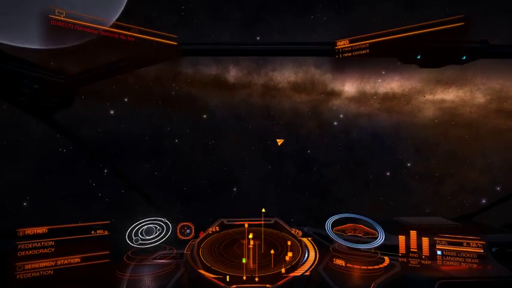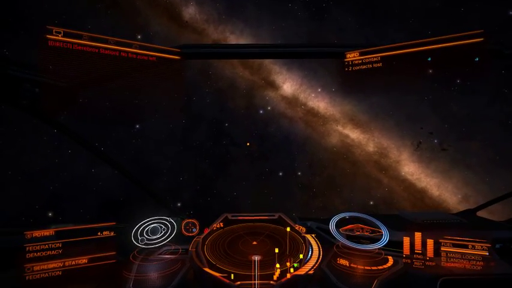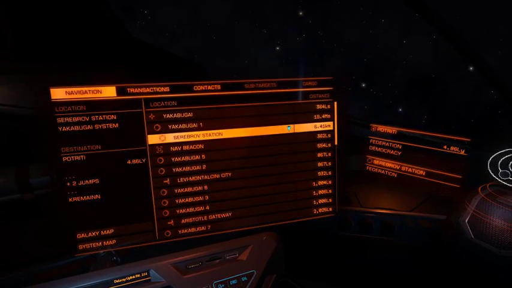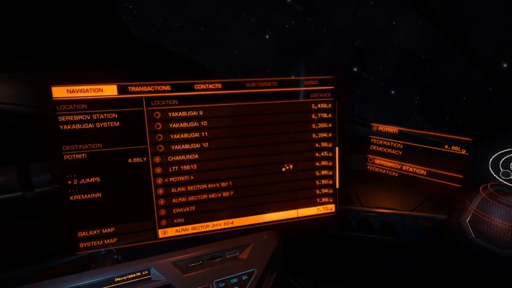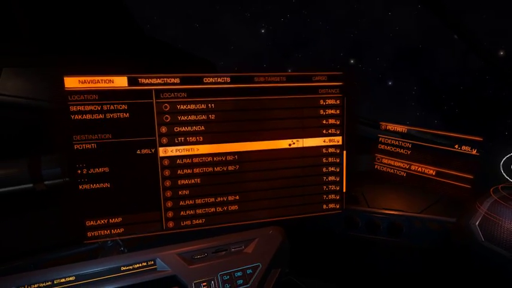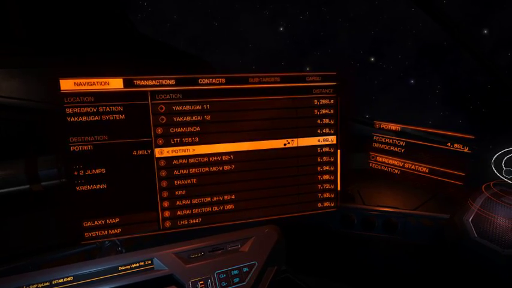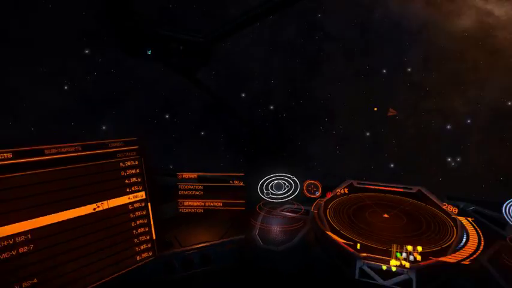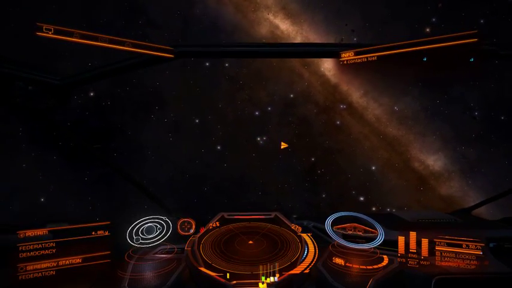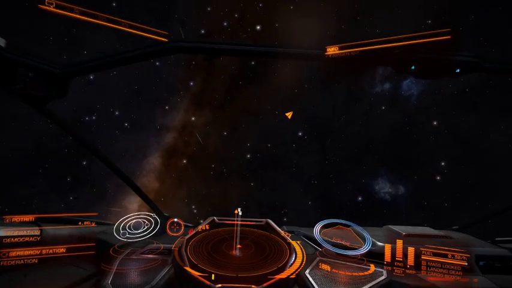Alright, so let me check my plotted course. That's where I'm at. There's my plotted course for the tree. Even though I'm going to Cremain, this is the first stop on that way. So once you get out of Mass Lock, which is on the bottom right hand corner, once that little icon goes away,